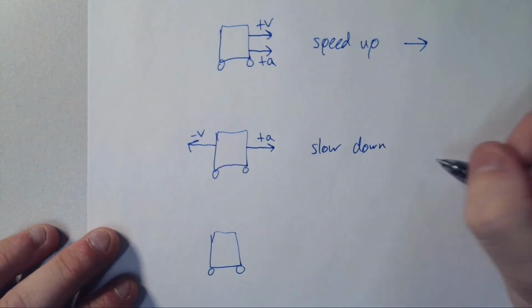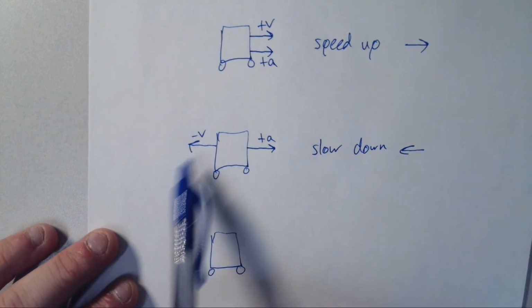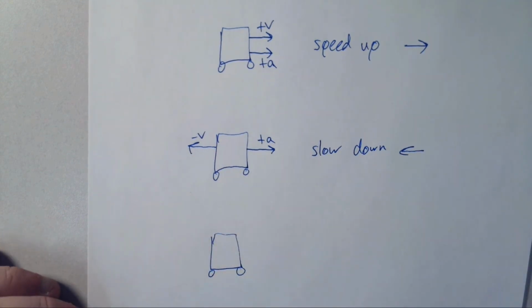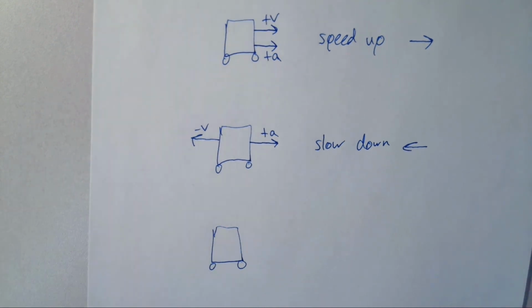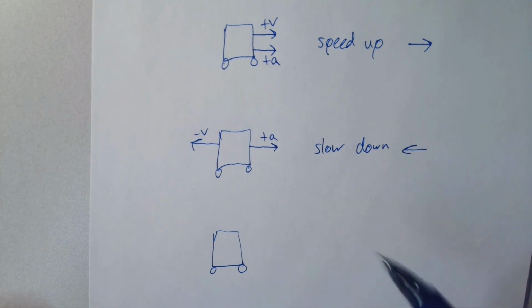And which way are you moving? You're moving to the left because that's the way that the velocity was initially moving. Okay, so basically opposite directions. It's sort of like, hey, one friend wants to take you this way, one friend wants to take you this way, and you're being pulled in opposite directions. It's going to slow you down